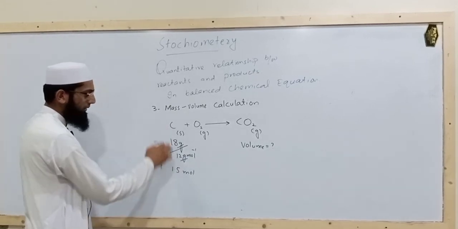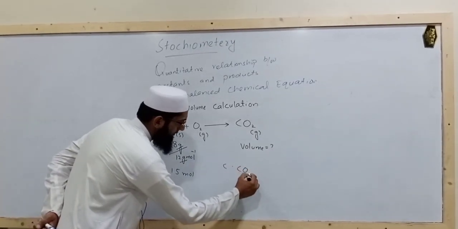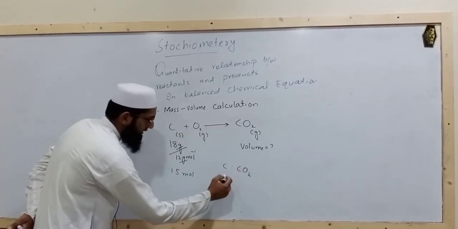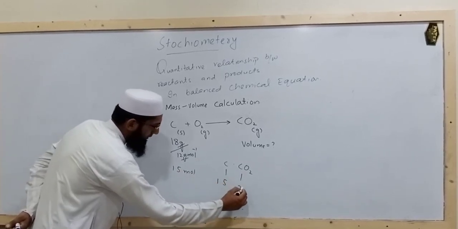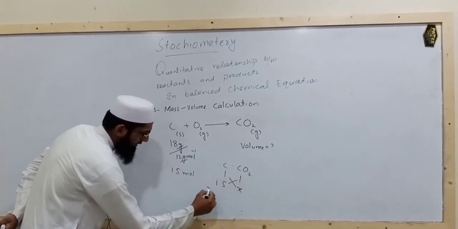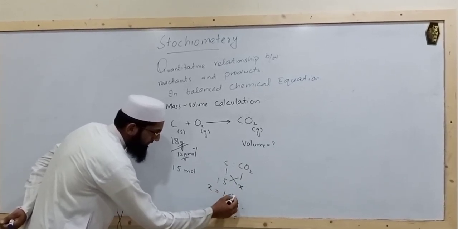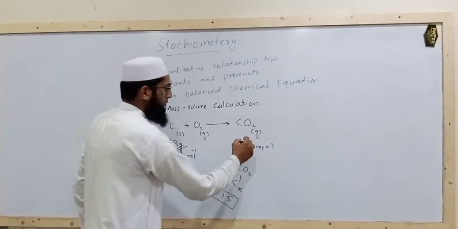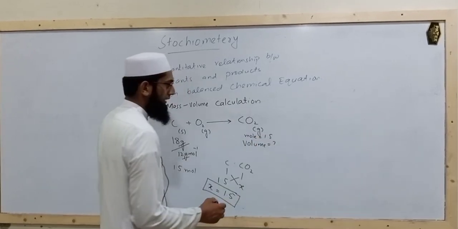So if we have carbon 1.5 mole, then by comparing carbon with the carbon dioxide, means 1 mole of carbon gives rise to 1 mole of carbon dioxide, and 1.5 mole of carbon will give rise to how many? So by cross multiplication, x is equal to 1.5 multiplied by 1 is 1.5. So here we have calculated its moles first, which is equal to 1.5. Now we need to